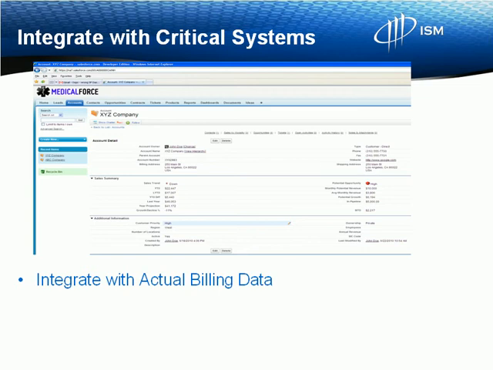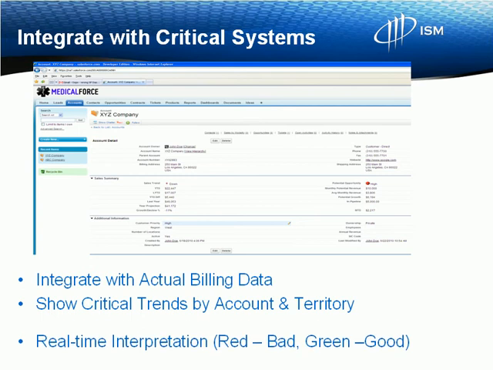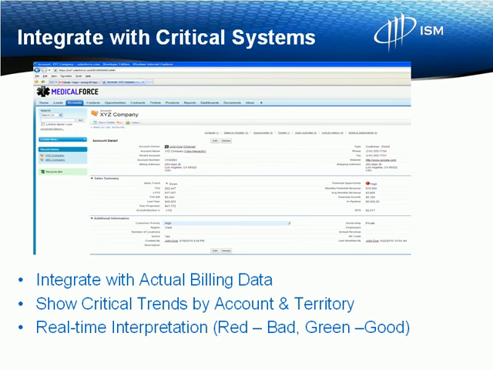That includes integrating with actual billing data, showing critical trends by account and territory, and using that data to provide real-time interpretation, meaning giving your sales users the ability to understand whether a trend is negative or positive, meaning red, bad, green, good kind of thing. So again, instead of having to spend time interpreting results, they can spend time using that interpretation to make appropriate